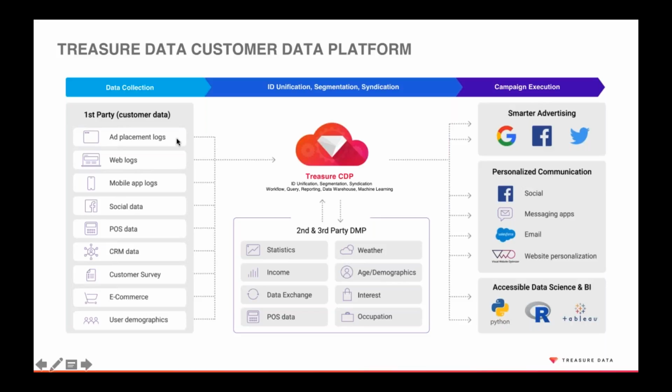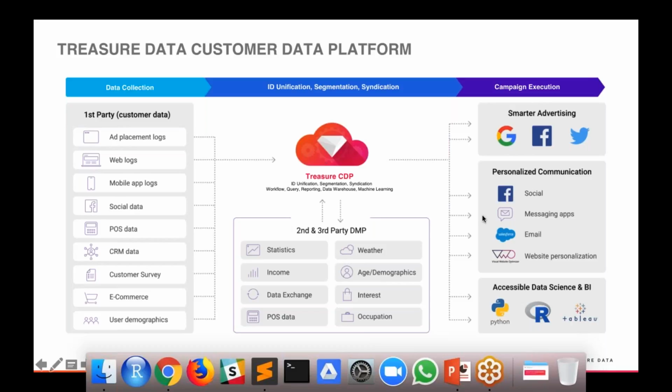So we start on the left with your first-party customer data, whether it's from your application or your website, maybe social data, or point-of-sale data, which is something I'm personally working with a lot right now. Pulling all that together and creating golden customer records. From those records, we're potentially putting in data from second and third-party data management platform tools, analyzing it, and then syndicating or activating it out through these endpoints, whether it could be some sort of display advertising, some sort of personalized communication, or some sort of advanced analytics tool. So for us, these are the key components of what a CDP can provide for you as a customer.